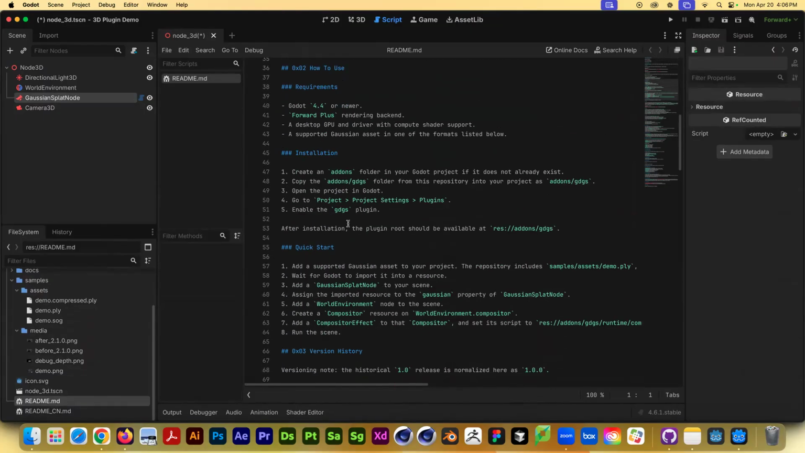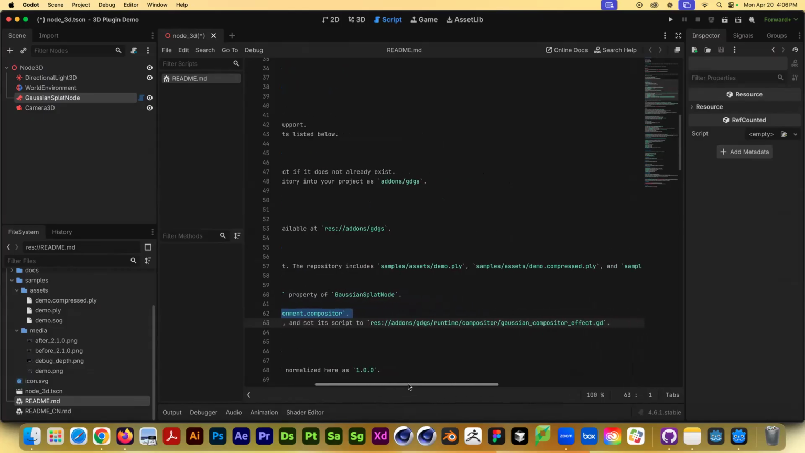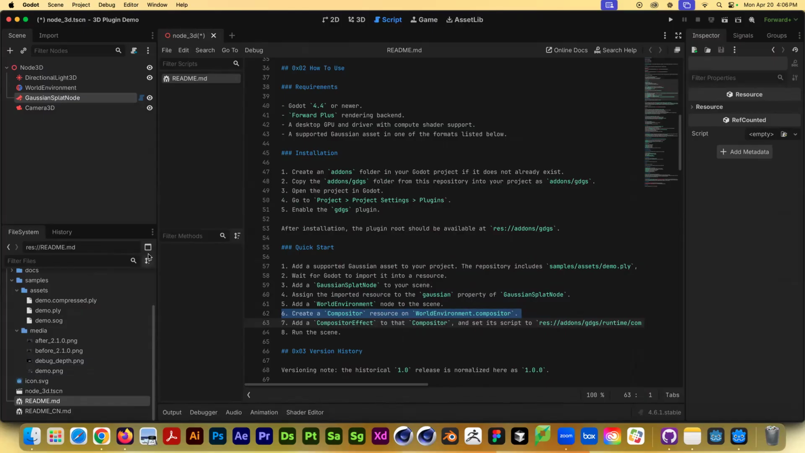So you do that, and then we add a Gaussian splat node, assign the imported resource to the Gaussian splat, add a world environment, create a compositor. I see. Okay. And where is that? It's in add-ons. Okay, so for this one in particular, we want to